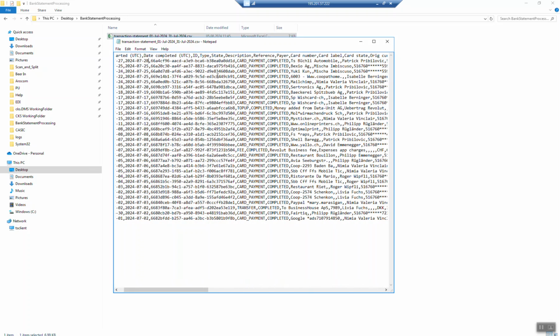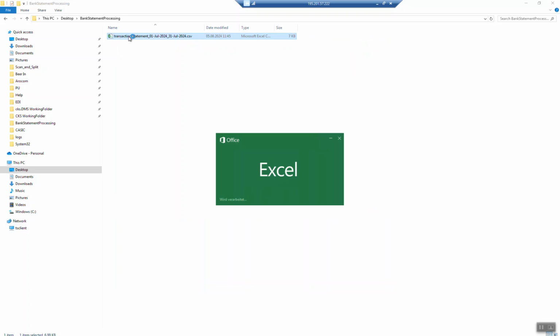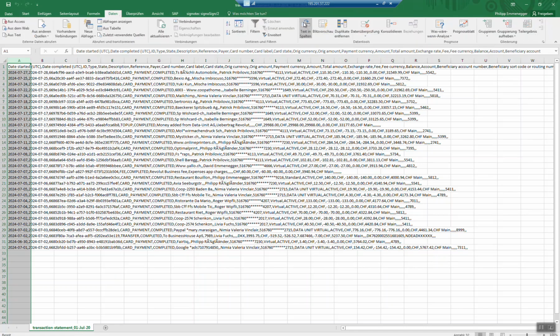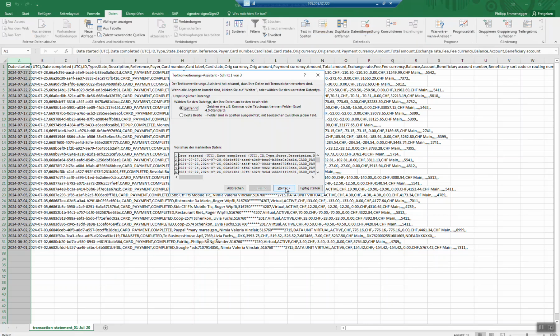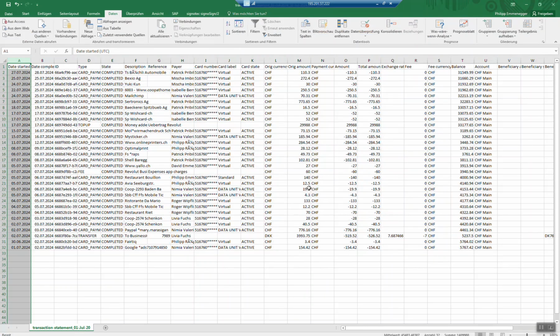and each field is delimited by a comma. And to show that a bit easier for the audience, I will quickly open it in an Excel spreadsheet, and then you can perfectly see how it looks. Quickly have to change the format here into a comma delimited one. So there you go. Here you go. So we have in the first line the column titles, and then, as I said, round about 30 entries,